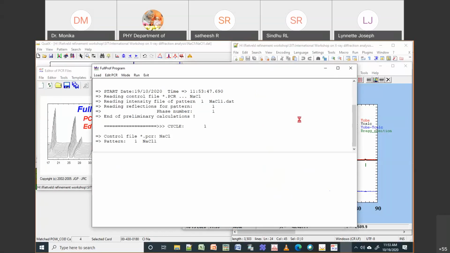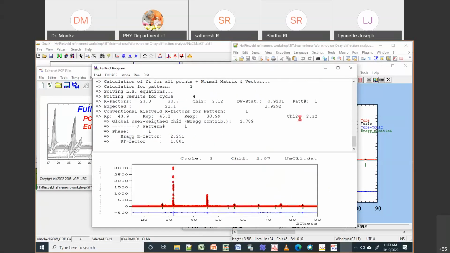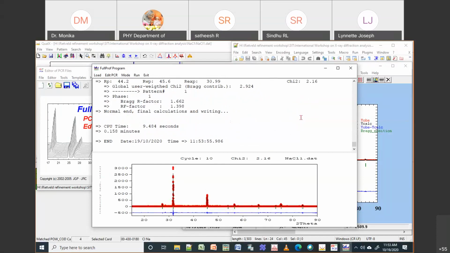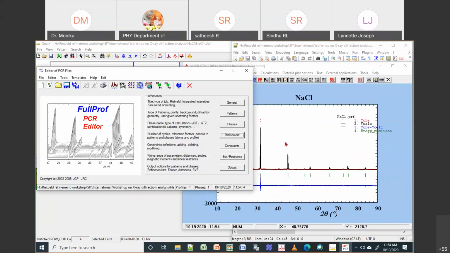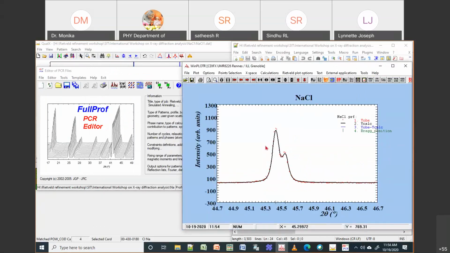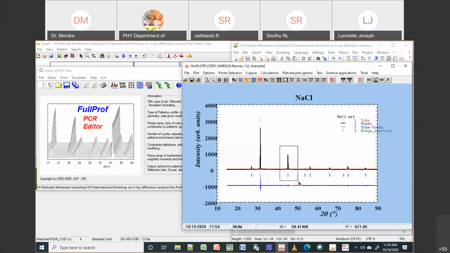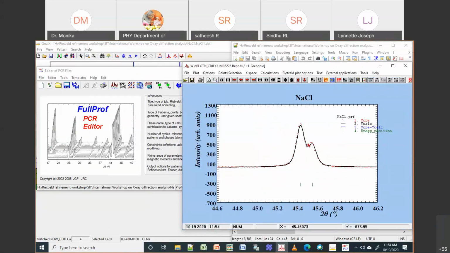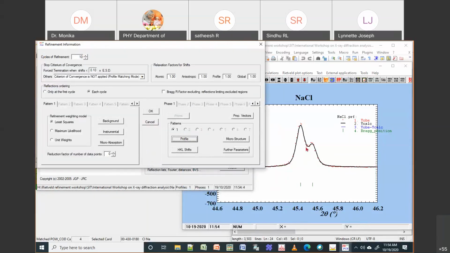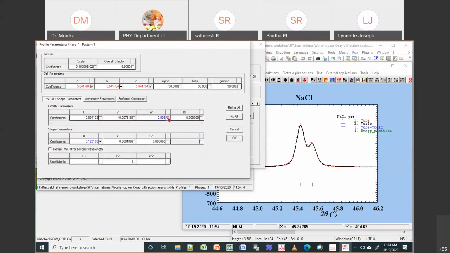Okay, so now it's okay. So these are the things that you need to know because X and Y, they are linked with each other. X will do only some small changes in terms of shape, but when you go for Y, it will have broadening. Okay, if it is anisotropic, then it will do a lot of changes. So now if you see here, it is coming okay, but if I want to fine tune, if I do Y now, what happens, it will go back. Okay, so I will not touch this Y, instead I will do the W.